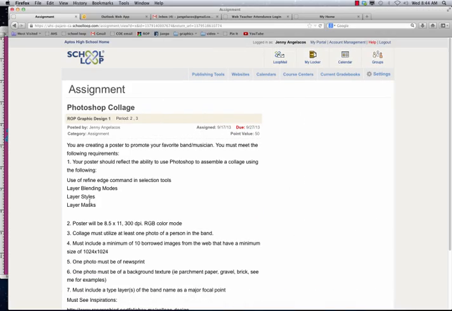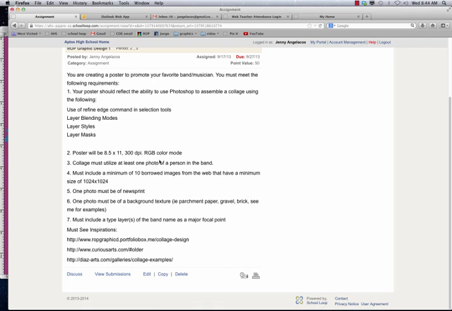Okay, and then you're going to use masks, which you learned about when you put a picture inside of type. So you can have your type have a picture inside of it, or you can have any shape have a picture inside of it. Okay, then there are these requirements that say your poster needs to be 8.5 by 11,